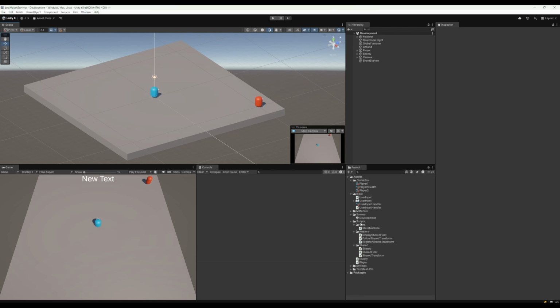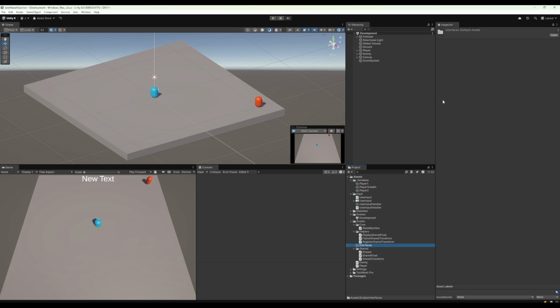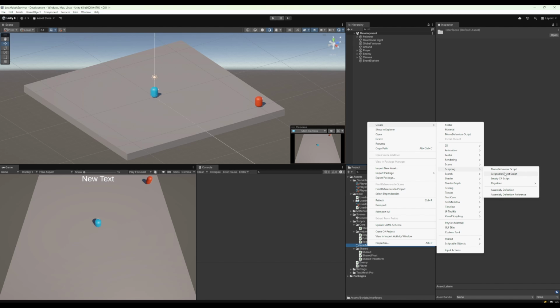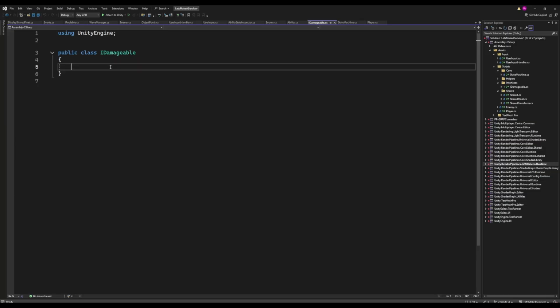To begin, we'll create a folder for the interfaces, within which we will create a new script called IDamageable. Open that up. So, an interface is simply a contract that tells the compiler what to expect when it is